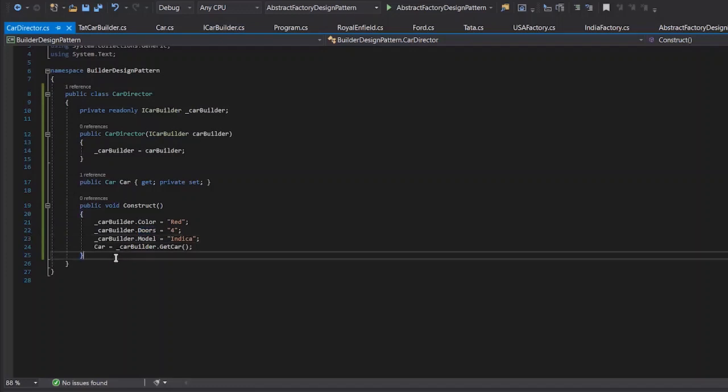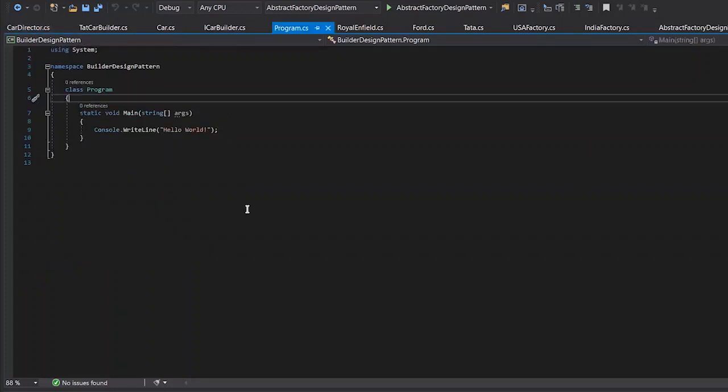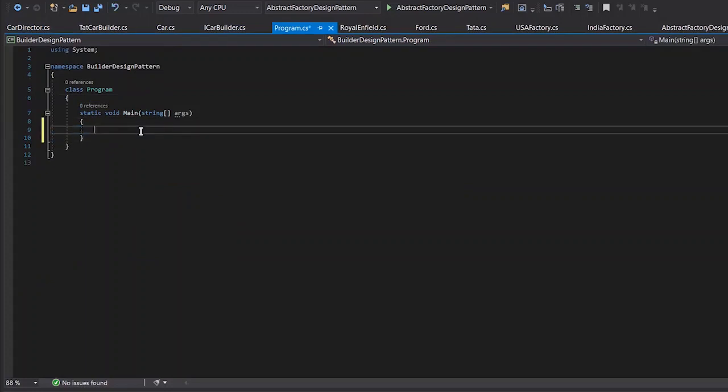So that means we are getting the final representation, the final object, on the basis of the configuration steps, on the basis of the car builder steps. Step by step we will follow. So this was the objective, and in this way we are trying to achieve it. Now let's try to call it from our client and see what is happening here, whether we are having the actual car builder or not.